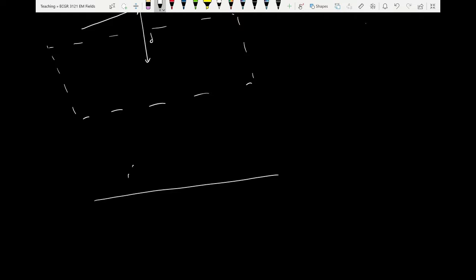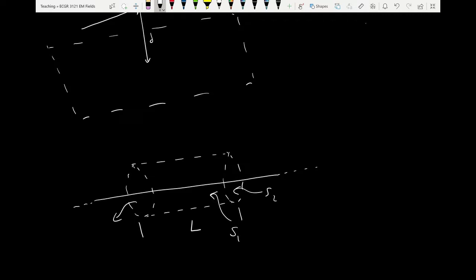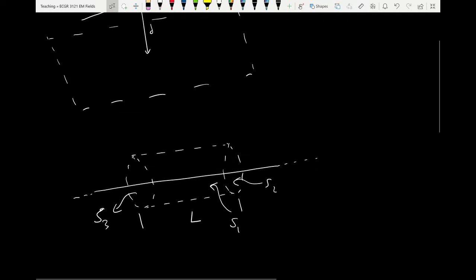We could imagine a Gaussian surface that looks like a cylinder around the transmission line. Imagine an infinite transmission line, right? And this Gaussian surface has a length of L. And there are three surfaces here, really. It's a closed surface, but it's composed of three different surfaces. So there's the surface of the cylinder, S1, and then there are the caps on the cylinder, S2 and S3. Okay, we said due to symmetry, we would expect the electric field to be a function of r, which is